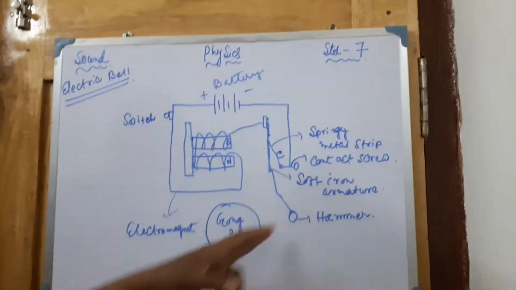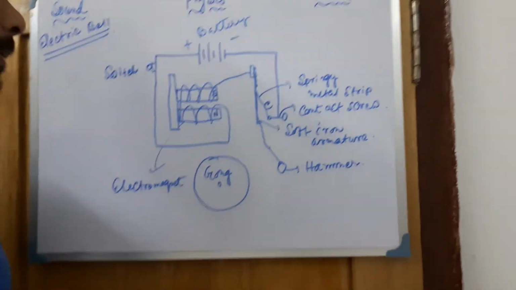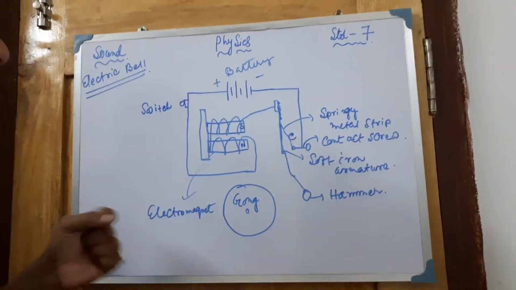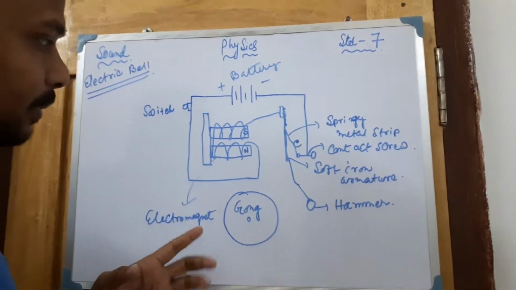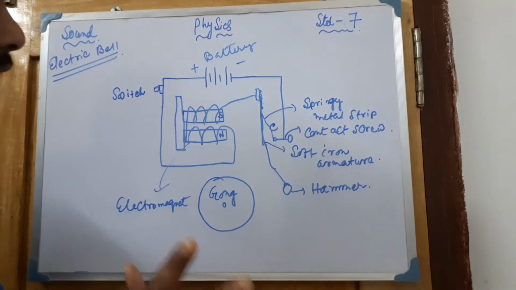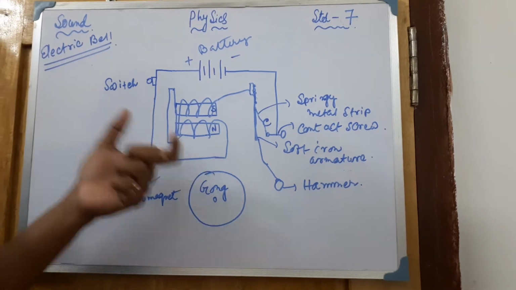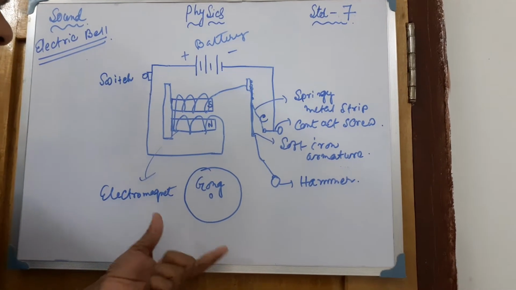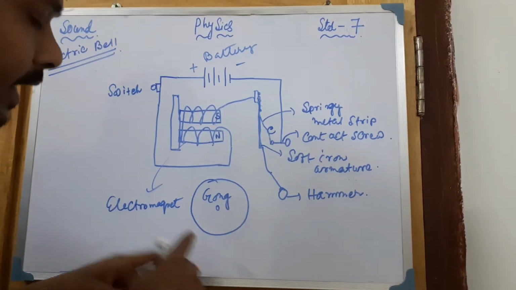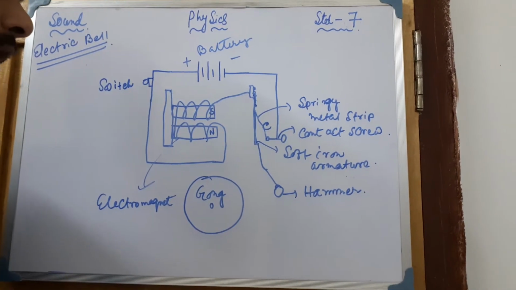So here I have made the diagram to save time. Here is the electric bell. The electric bell depends on the electromagnet. We all know that one. The construction is very important, and questions will definitely come from here. Now look, these are all the things present in the electric bell which we use as a calling bell.